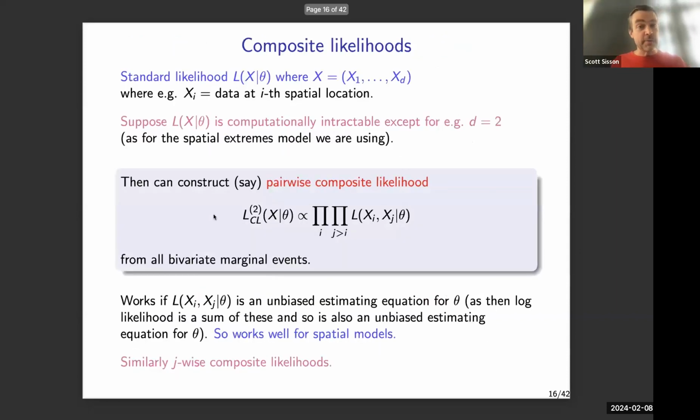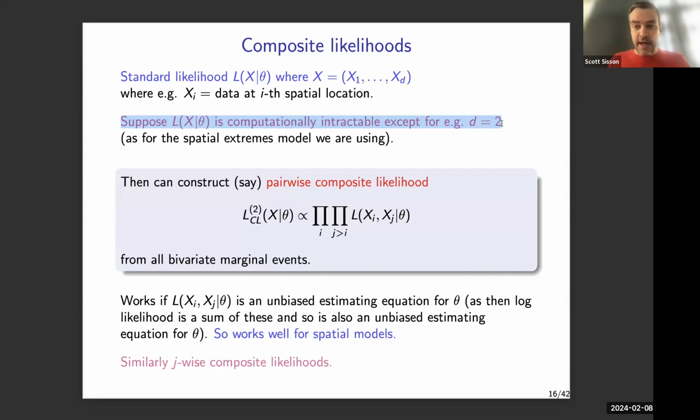If you're not familiar with that, composite likelihoods say, okay, really I want to fit my standard likelihood function here, in whatever high dimensions it is. But I can't do that directly because it's computationally intractable for some reason. And in fact, that's the case for this spatial extremes model we want to fit. However, it might be that in lower dimensions, not 105, but say 2 dimensions, this model is viable. And in this particular spatial extremes model, in 2 dimensions, we have a closed form CDF and likelihood function.